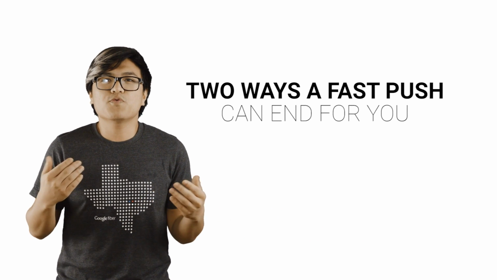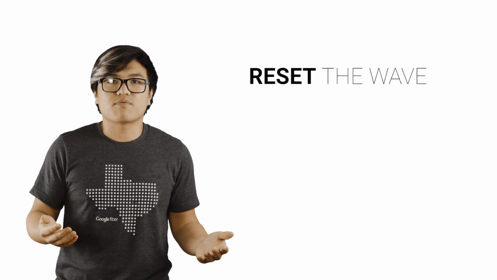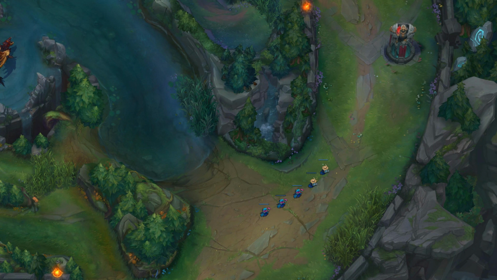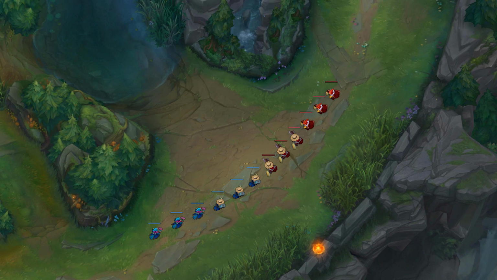So let's go over the results of a fast push. There are two ways fast pushes can end for you in one instance. You either reset the wave or you bounce the wave. Resetting is when you fast push a wave into their tower and their tower kills off your minions before their next wave arrives. So now the two incoming minions from both sides meet up at the neutral wave position,